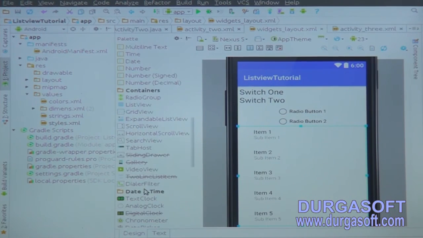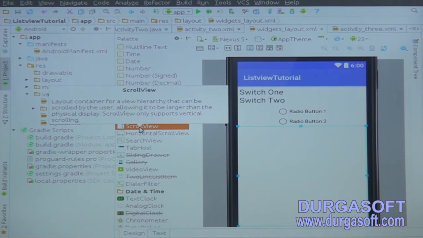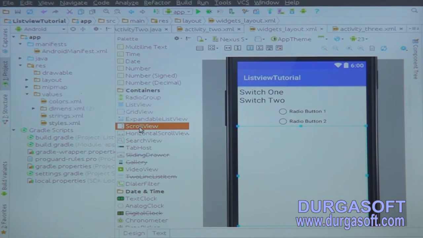And let's go to another layout, that is the scroll view. A scroll view is a layout where anything you write inside it will be scrollable. For example, I had n number of components inside it, where for example, a Nexus 5 device can incorporate all the components at one go, but